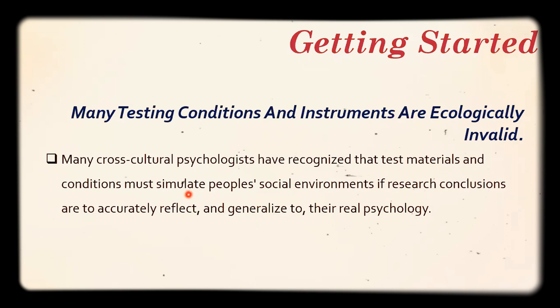Simulate का मतलब होता है कि similar होना चाहिए, जिस तरह की actual situations होती हैं, वैसा ही जो आपका scale है, उन्हीं चीज़ों को actually measure कर रहा हो। Now, इसका बहुत simple example अगर आप ले लें कि एक person है, illiterate है, हमारे किसी rural area में रहता है, उसको आप एक Oxford level का, या फिर Master's level का English में कोई भी scale दे देंगे fill करने के लिए, तो definitely उसके जो results होंगे, आप उसको कभी भी apply नहीं कर सकेंगे। इसीलिए जब भी आपको कोई भी scale apply करना होता है